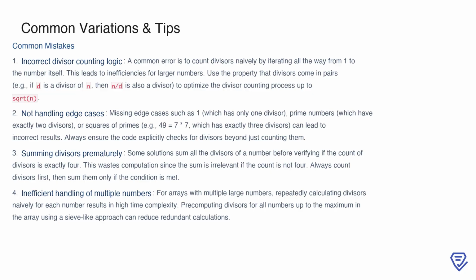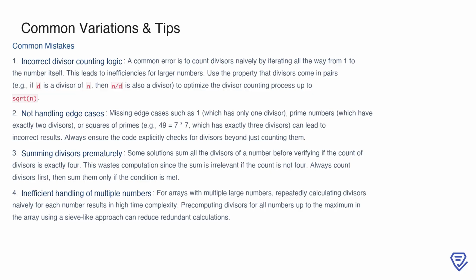Additionally, avoid summing the divisors of a number prematurely. If the count of divisors isn't exactly 4, the sum doesn't matter, so compute the count first to save time. Finally, if you're processing multiple numbers, calculating divisors naively for each one can be very inefficient. Instead, consider pre-computing divisor counts for all numbers up to the maximum value in the input using a sieve-like approach